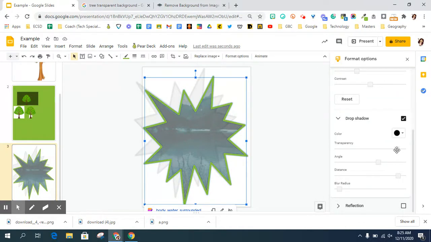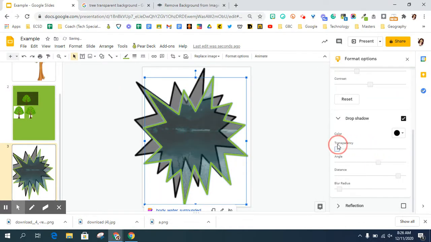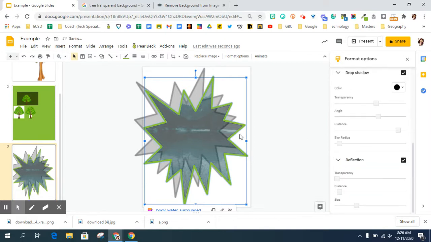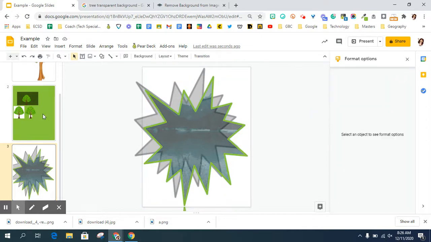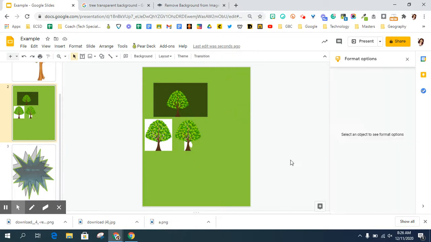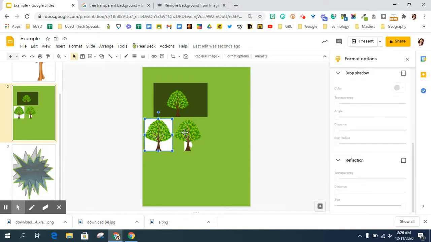Let's keep playing with it so you can see it a little bit more. There you go. See, the transparency is going to matter a lot on this one. Also a reflection. So this is going to be to make it look like, let's do it on a different one. Let's do it on this tree back here so you can see this one. So if we go to format options, you're not going to see those format options unless you've actually clicked on an image. So once we've clicked on the image itself, then you can see the format options